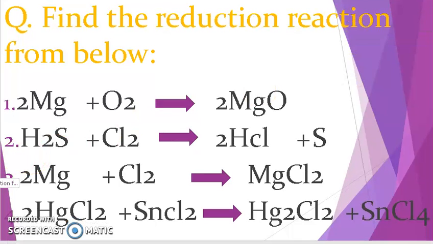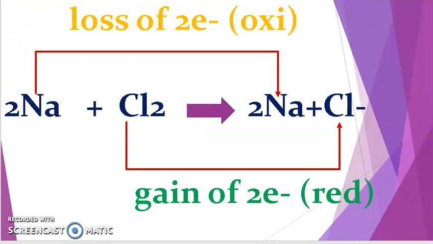Let's see here, I'll give a picture for that. Here I have given one example, the reaction 2Na plus Cl2 gives the ions 2Na+ and Cl-. There is a loss of 2 electrons from the sodium metal. So 2Na is losing 2 electrons. If electrons are lost, you will get a plus sign here. So you get 2Na+, and also here Cl2.